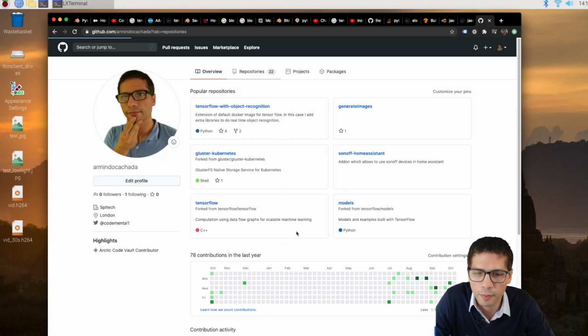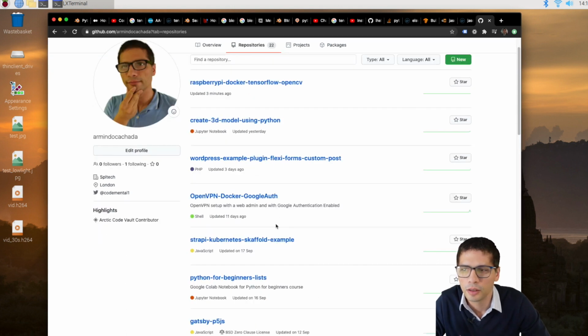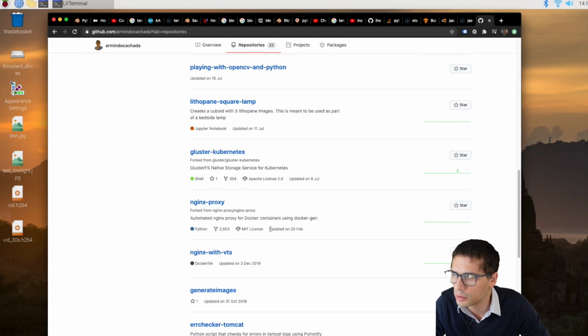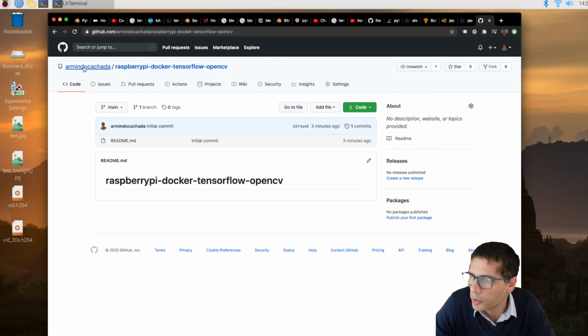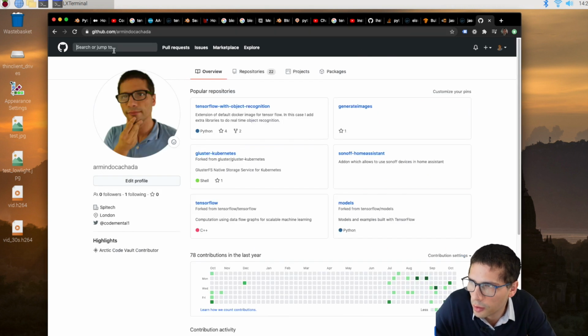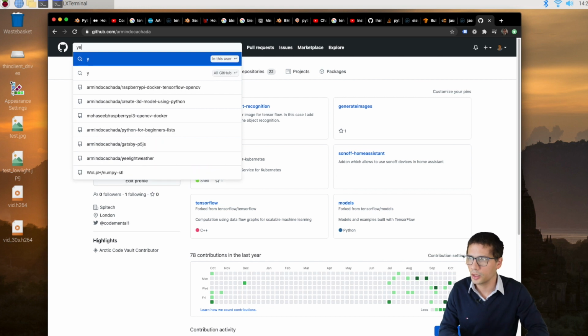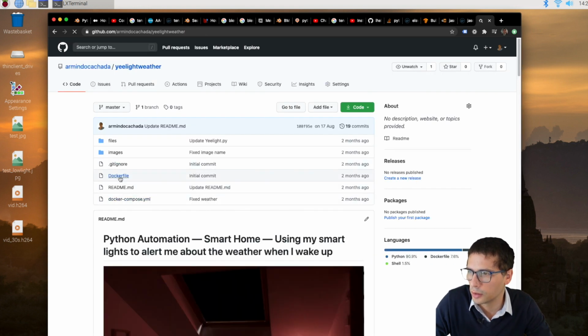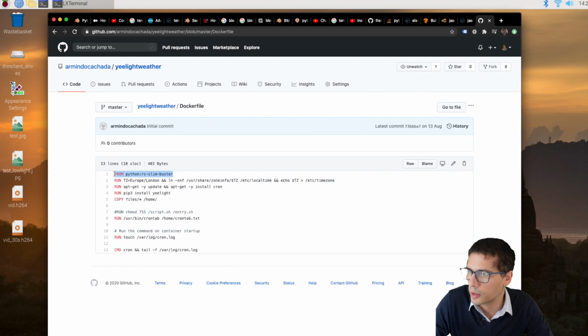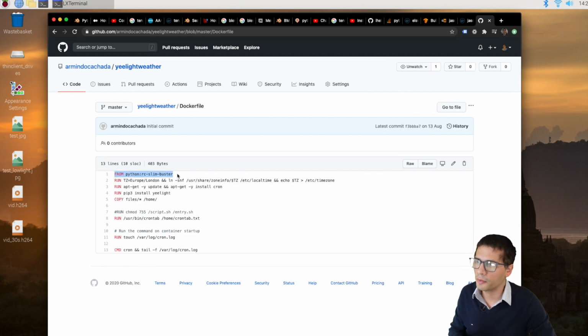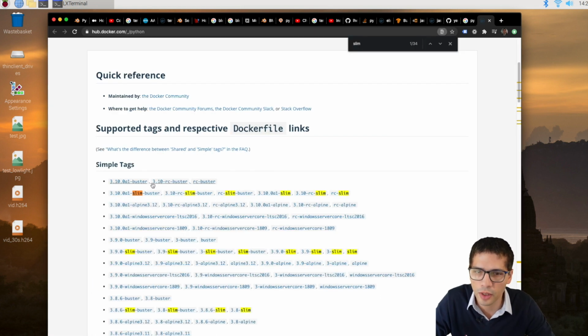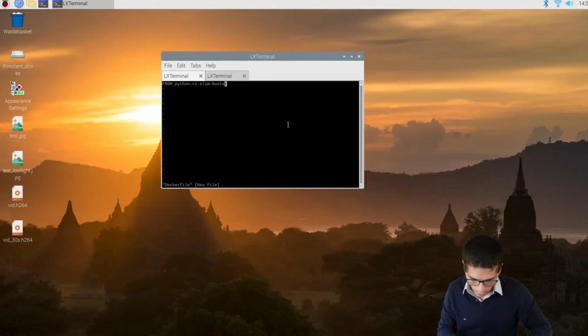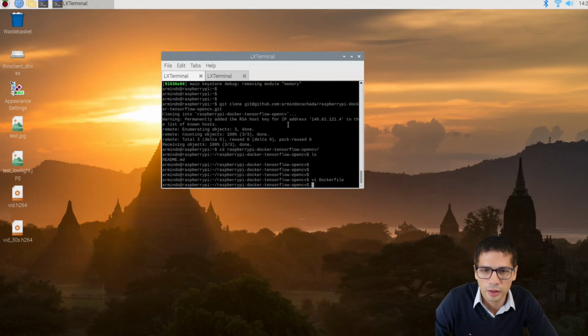So just find my projects in the past, see what I've done. Oh yeah, I have a good example. I did a smart lamp that can tell you the weather in the morning, and I created a Docker file for that. And it was quite handy because this Docker file starts with this. It already has Python and it has the libraries I need. So the Docker images that you choose, they need to be compatible with ARM if you're trying to run it on a Raspberry Pi. I think I need to integrate my IDE.